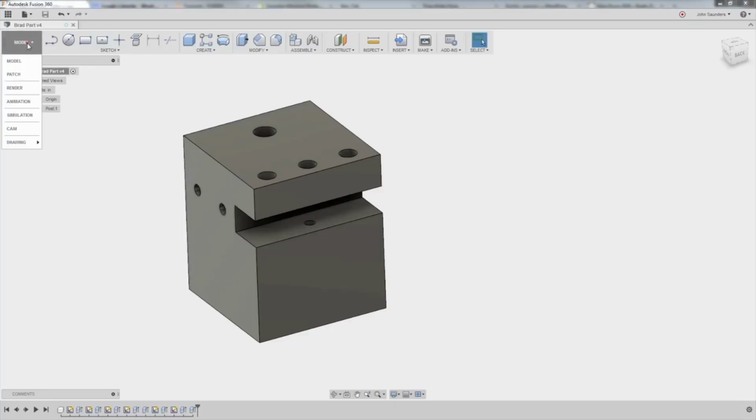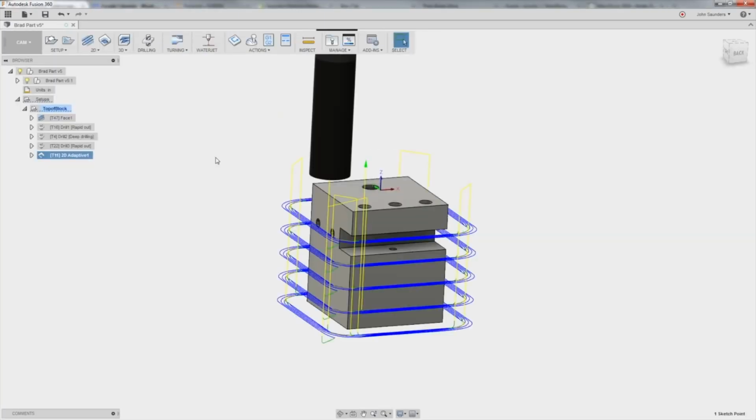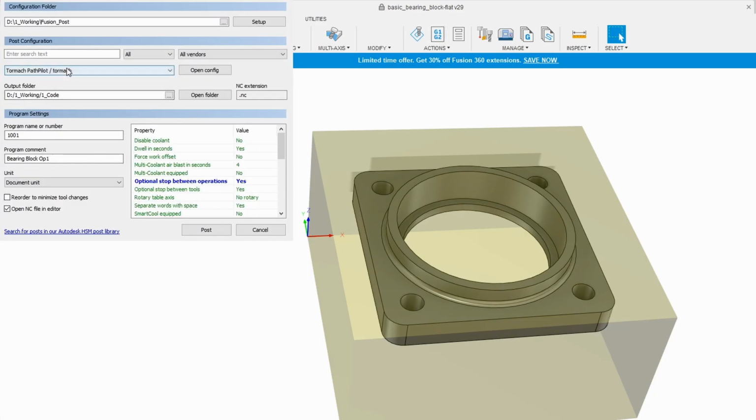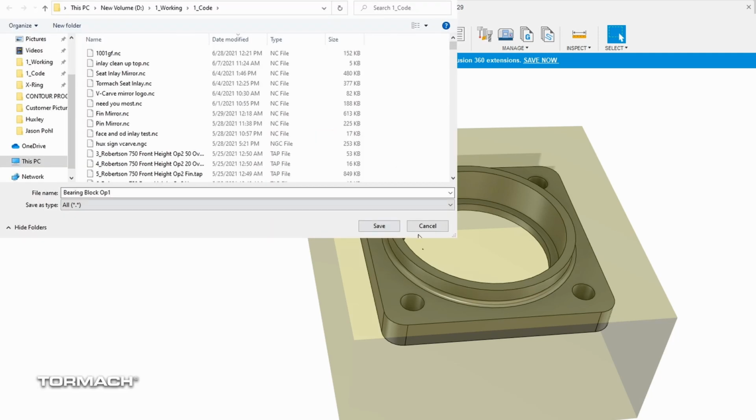What can also be confusing is that both CAD and CAM can be contained within the same program. You just have to remember you design first in CAD, and then you move on to the CAM components. The CAM program then takes all that information you entered and creates the toolpaths needed to cut the part. Then it uses a post-processor to generate the correct syntax for PathPilot to read. That code is called G-code.